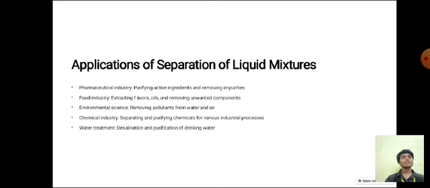Applications of separation of liquid mixtures. Pharmaceutical industry, purifying active ingredients and removing impurities. Food industry, extracting flavors, oils, and removing unwanted components. Environmental science, removing pollutants from water and air. Chemical industry, separating and purifying chemicals from various industrial processes. Water treatment, desalination and